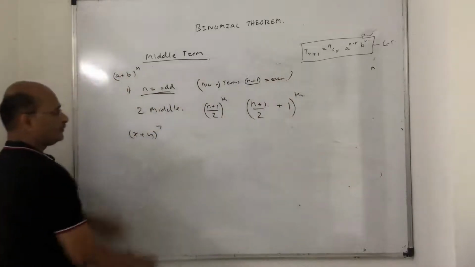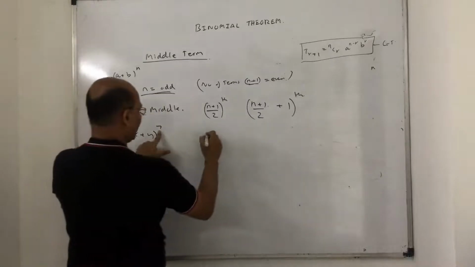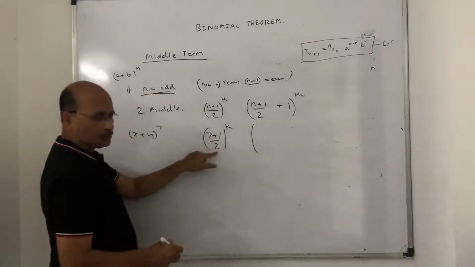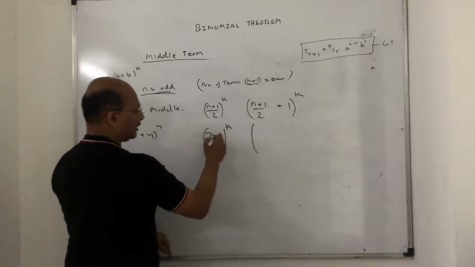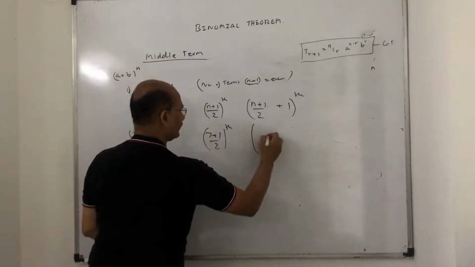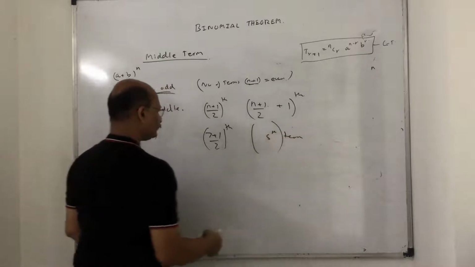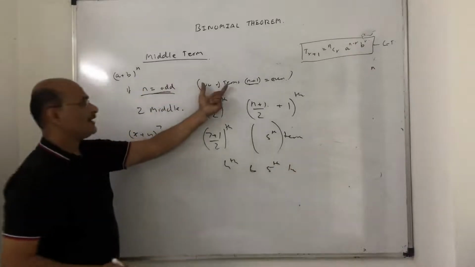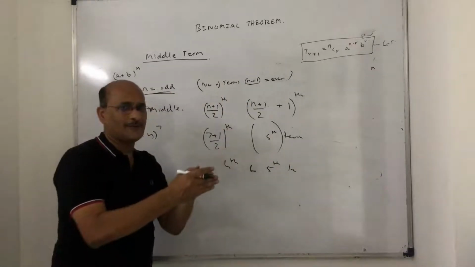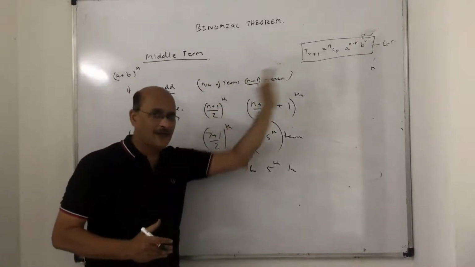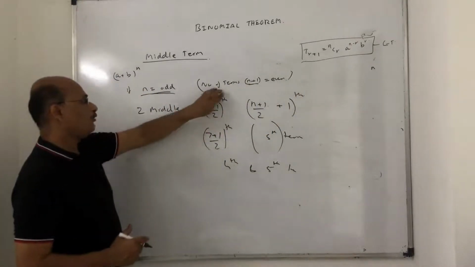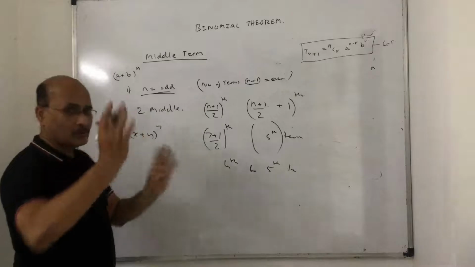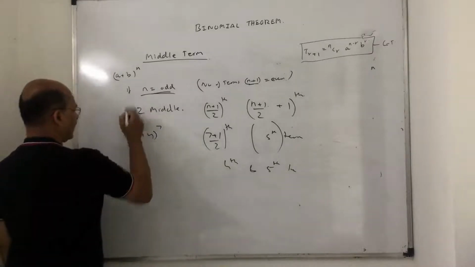Directly use this formula. If n is odd, it is the (7 plus 1) upon 2th term, and 7 plus 1 is 8, 8 upon 2 is the 4th term, and then the 4th term plus 1, the 5th term. I am directly doing this. So in short, it is the 4th term and the 5th term, because when the number of terms is even, it's very difficult to find the middle term. There will be two middle terms when the number of terms after expansion is even. So that's the point. I don't want you to remember this. With this n, I had given this formula, so that you don't have to remember two things at the same time.